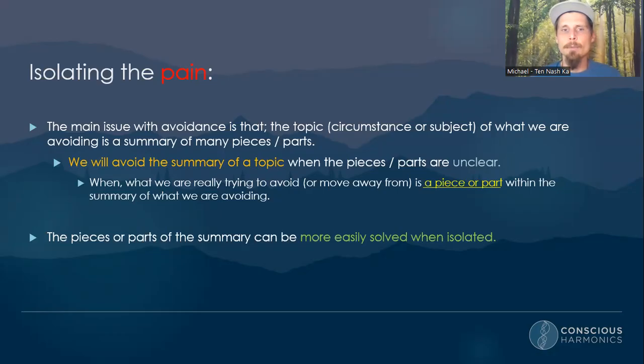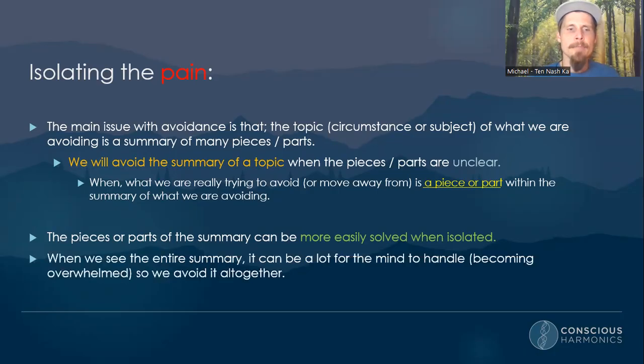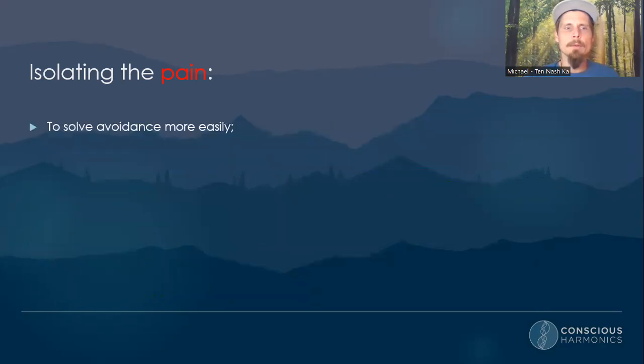Oftentimes, it's not the actual thing; it's a piece or a part within the task that we're really not liking. So the pieces or parts of a summary can be more easily solved when isolated. When we see the entire summary, it can be a lot for the mind to handle, becoming overwhelmed, so we avoid it altogether. Avoidance is directly relatable to self-sabotage. So a great way to solve this avoidance, and it doesn't take as much brain power as people think,